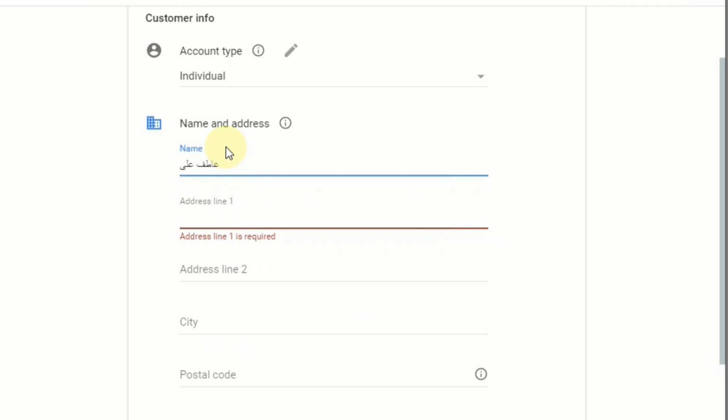Once we go to the next step to verify our identity, that one helps us to verify. If you put English here and then you want to verify with the Urdu CNIC, it will not approve. So I recommend you fill up as per your ID, Urdu. If you are using the Urdu CNIC, if you have an English name, you can directly type the English name here, and then the address you can fill up in English, no issue. Only the name you need to fill up in Urdu.